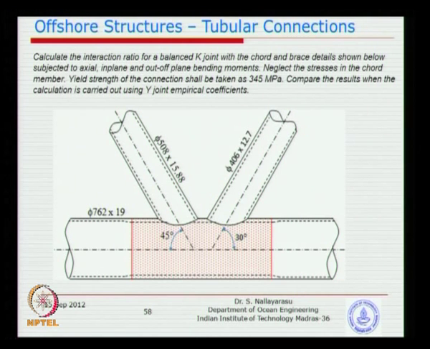with different angles. It is a typical joint in practice, and the chord thickness information is given as 762 by 19 mm. With this, what has been asked is to find out the unity checks using the formulas you have learned, using both methods, Y and K joints. You could actually classify them. You have the loads on the next page, which I have just summarized. If you use Y joint equations and if you use K joint equations, how do the results differ?